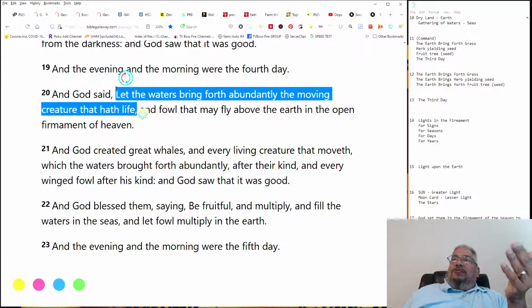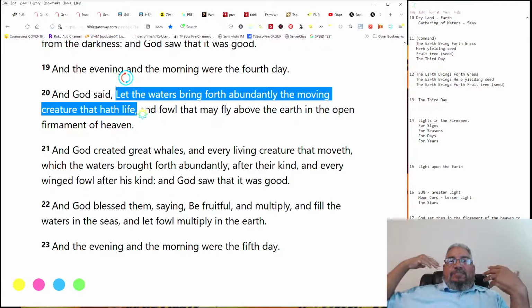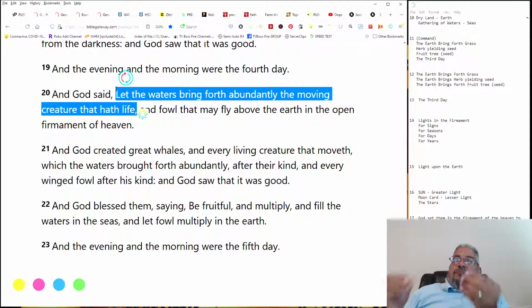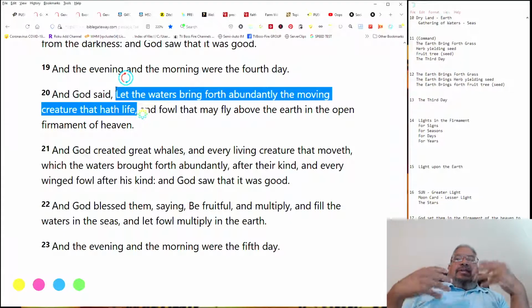Later, when the dead rise, I'm talking about in Revelation and so on, they come up from the ground. The idea is that the dead rise from the ground as if the grave gave up her dead. See the biblical language, the grave gives up her dead. Here the waters bring forth. You understand that? So there's something there. The point is there's something there, and it's no longer staying there. It's coming out. And here it has life.